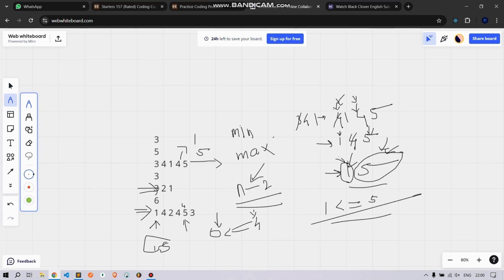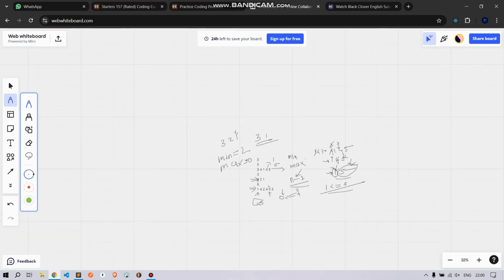But in a condition like 3, 2, 1, the rightmost minimum index is at index 2, and the maximum value is at index 0. So at last, if we apply the operations that I stated before on this array, what we are going to get is 3 and 1, which is not sorted. So at last, what the conclusion is,